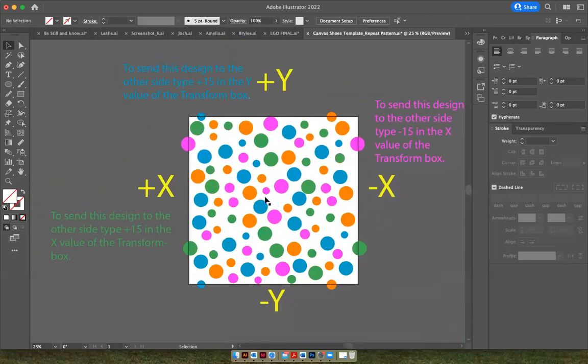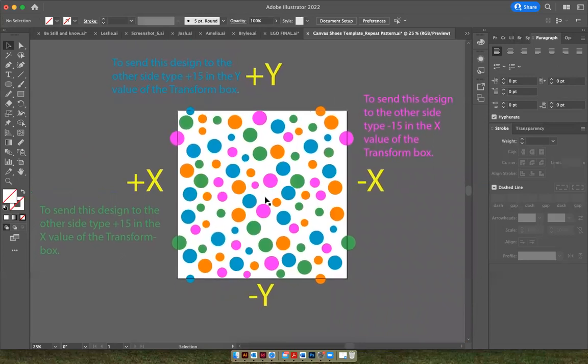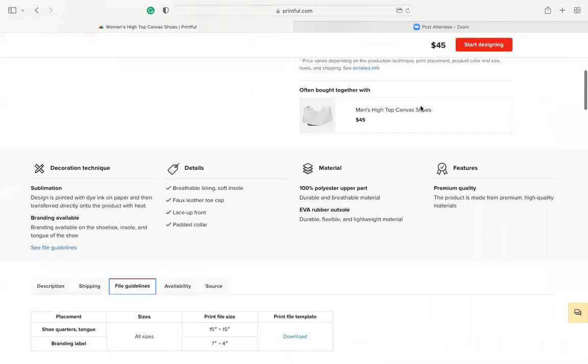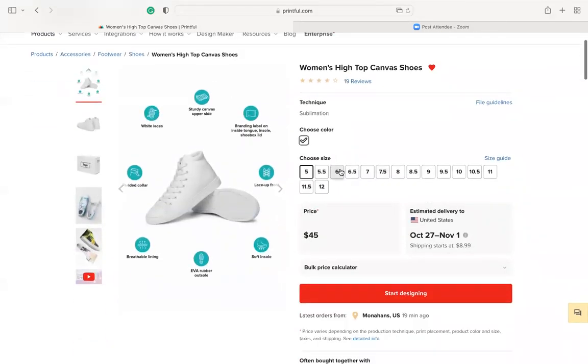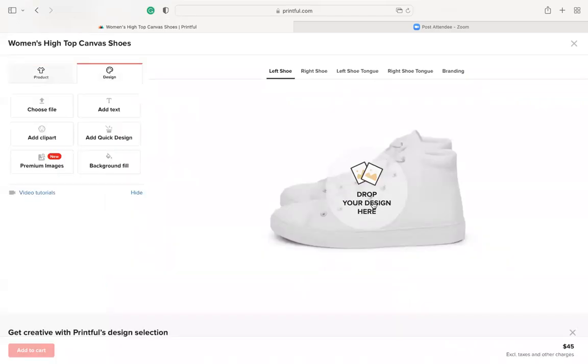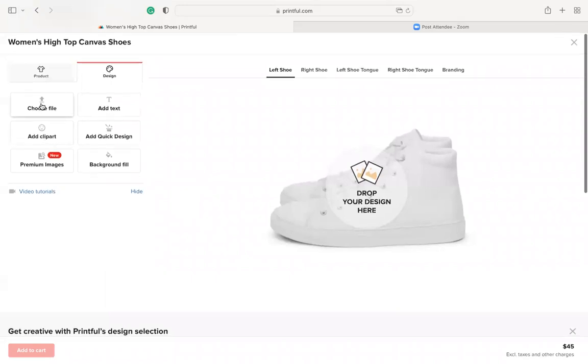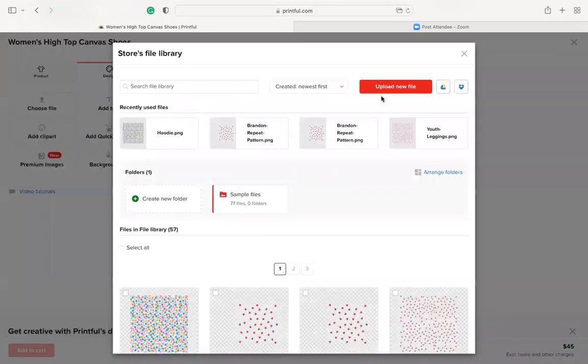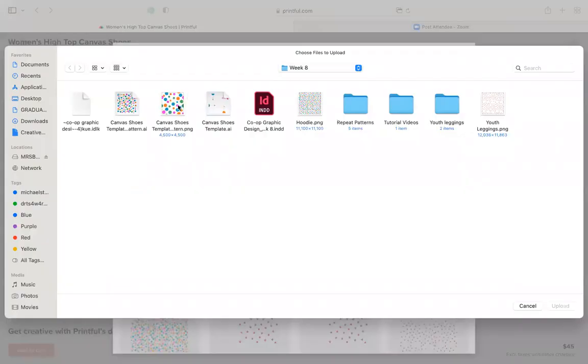All right, so now let's mock this up in Printful.com and see what this looks like on a pair of shoes. All right, so in Printful, you can pick out your shoe size, and then you can just click to start designing. All right, so when I click to start designing, it's saying, hey, drop your design here, which you can drag and drop, or you can choose a file that you've uploaded previously. So I'm going to click choose a file and tell it to upload my new file,